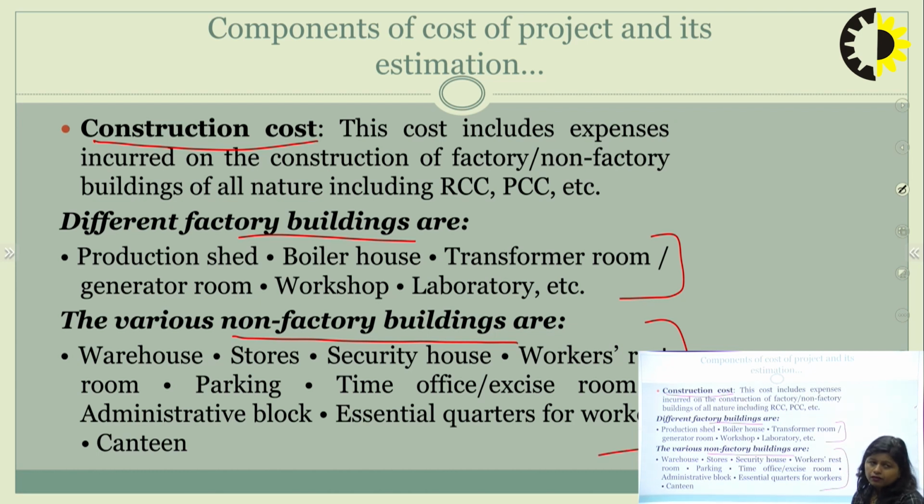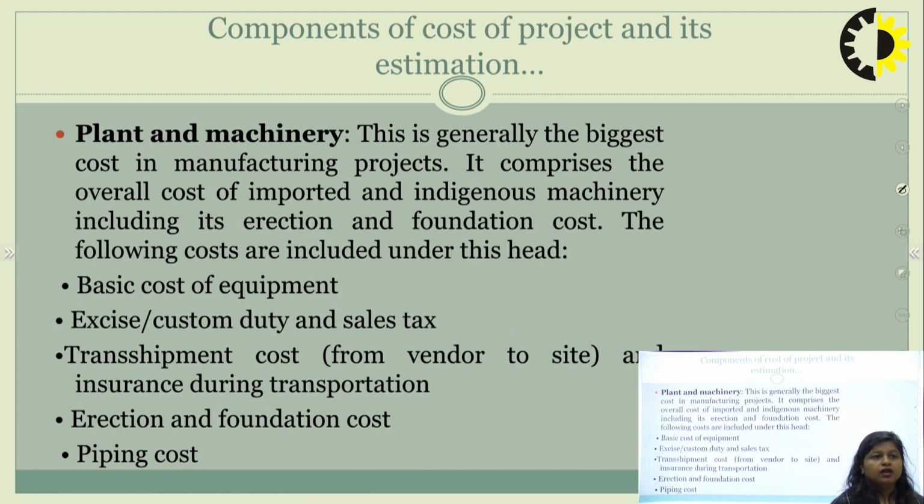Accordingly, whatever the requirement of your project, based on that, you can build the various buildings in any of the categories. So after the construction cost, we go for the plant and machinery cost. That's the third point, which involves a huge investment actually. After having the land and after construction of the building, we now need to develop the plant and we need to purchase the machinery for that.